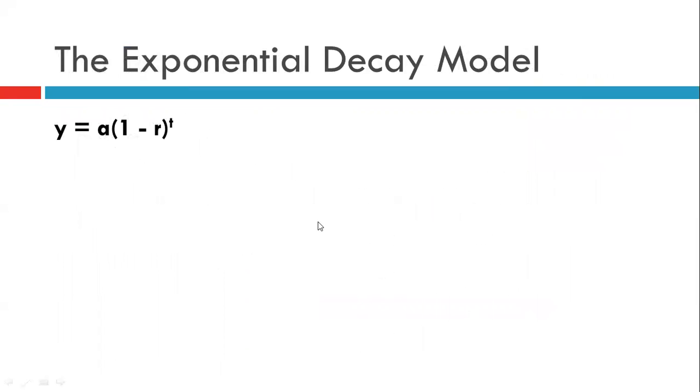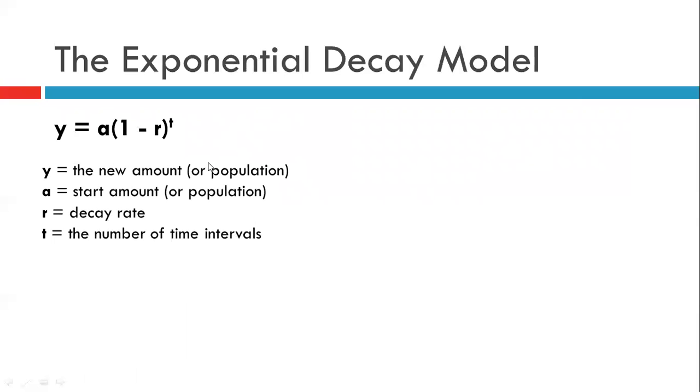Now let's take a look at the exponential decay model. Y equals a times 1 minus r to the t power. The only difference between this equation and the one for growth is that we have a minus sign in the middle here instead of a plus sign. The variables are very similar and represent pretty much the same thing. Y represents the new amount or population, A represents the start amount or population, R represents the decay rate this time. We're calling it the decay rate instead of the growth rate this time, and T represents the number of